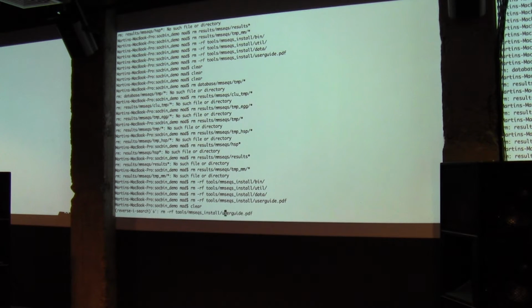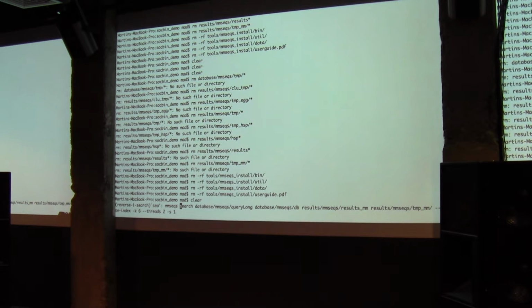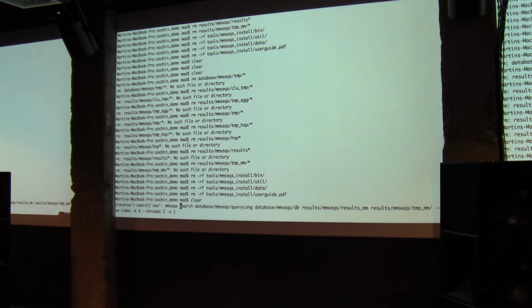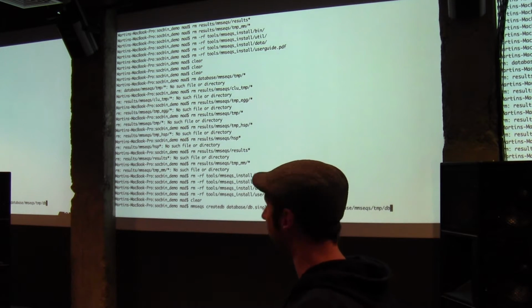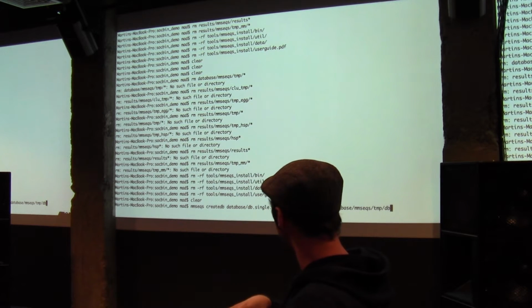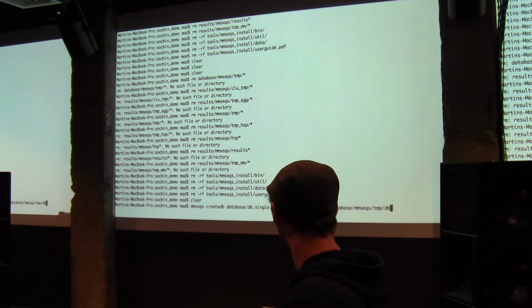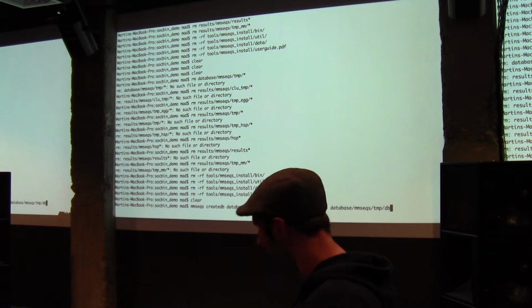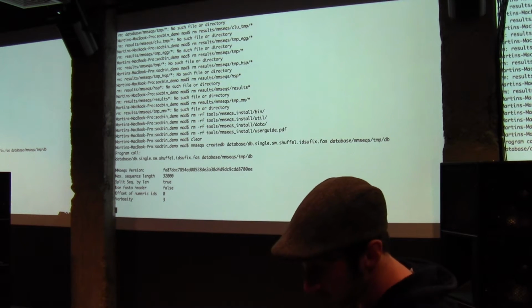So now we're gonna go and do the same thing with MMseqs. What we have to do is to first create a database. You do in general the same thing with BLAST. If you want to use BLAST, you call the tool makeblastdb, and this will take your FASTA file and convert it into a database. MMseqs has something similar. You call the MMseqs binary and just say createdb, give it your FASTA file and then some name where you want to output the database, and then it will run.